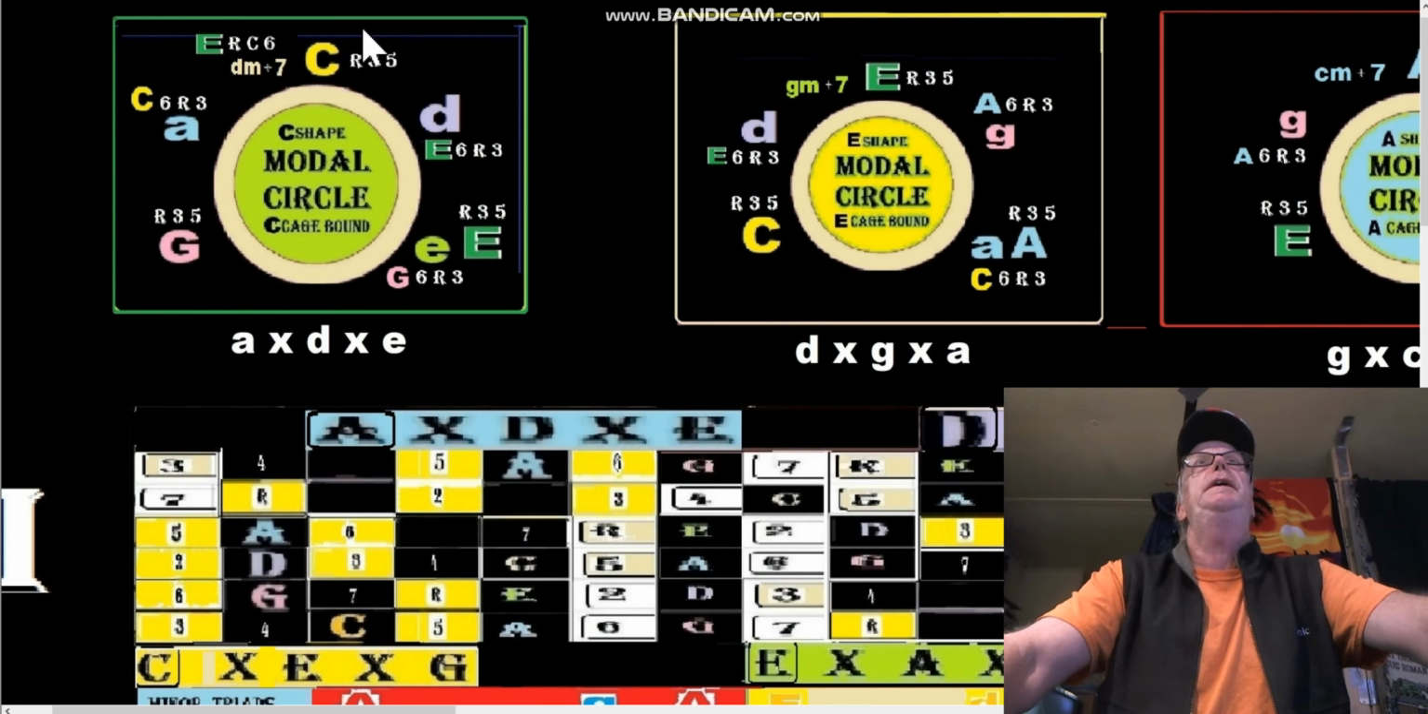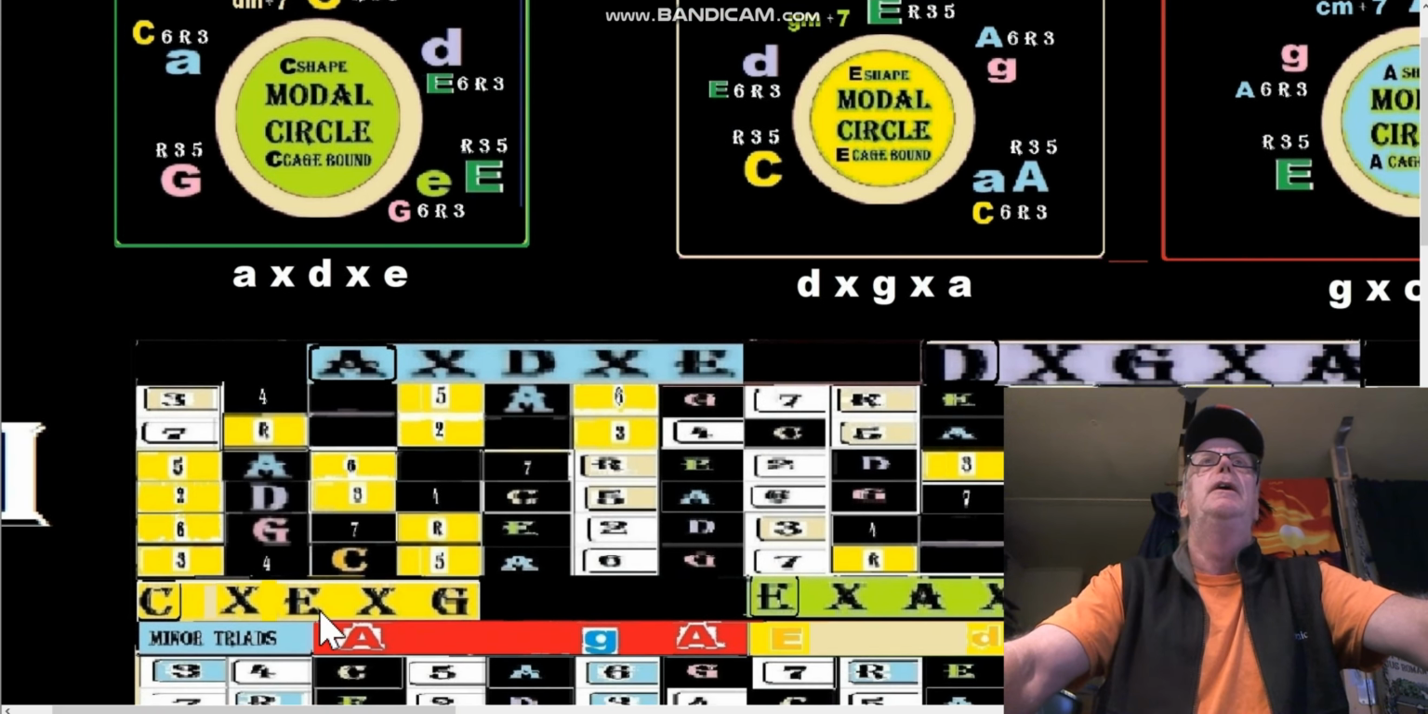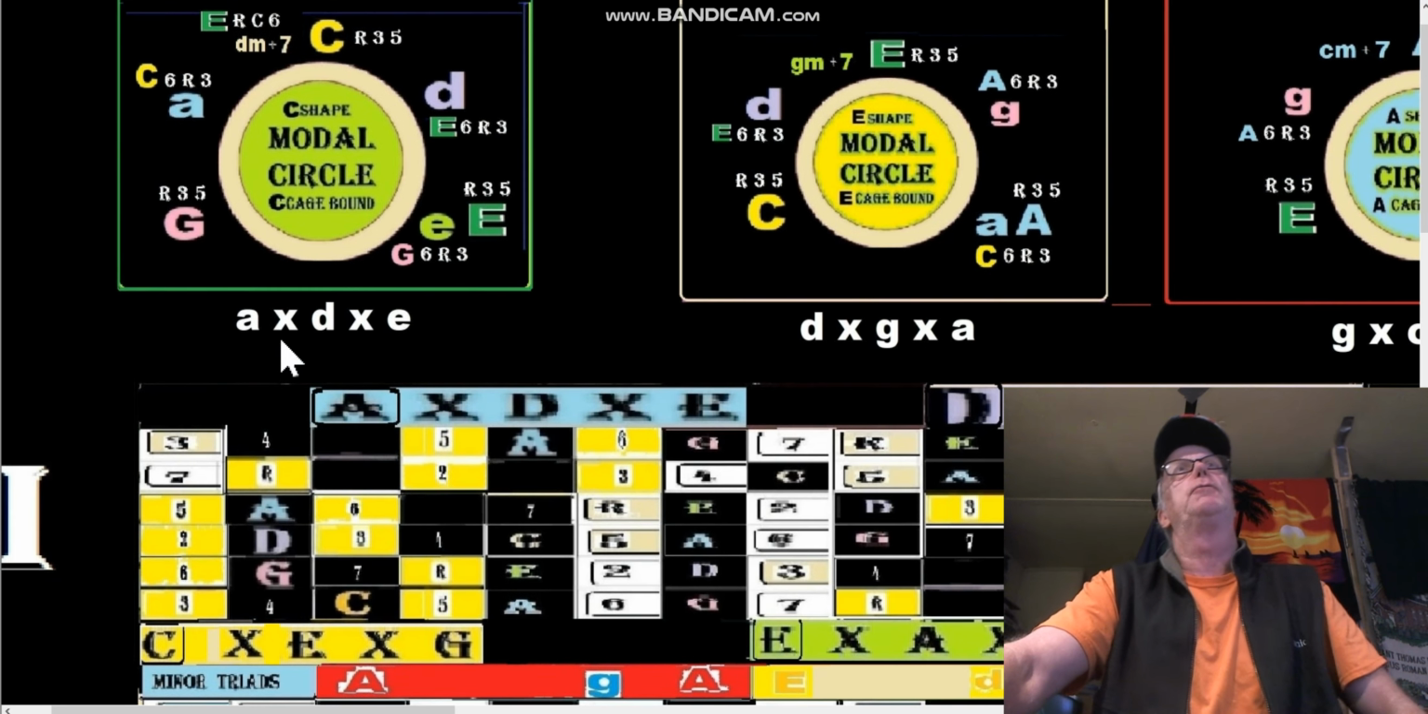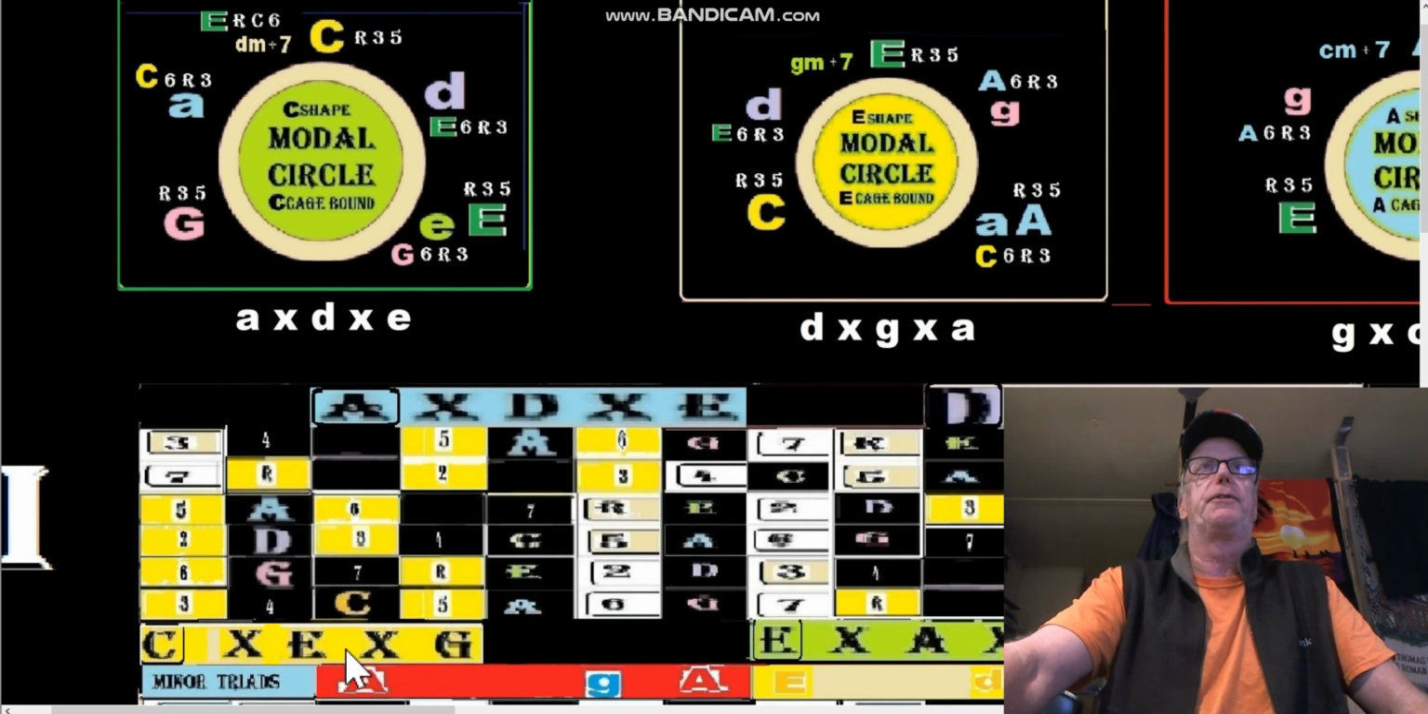In the C box, we have C, E, G as the major I, IV, V. If you play the C shaped C, the E shaped F, and the G shaped G, and superimpose them, you'll get the C diatonic scale. If we look at the relative minors of those three shapes,